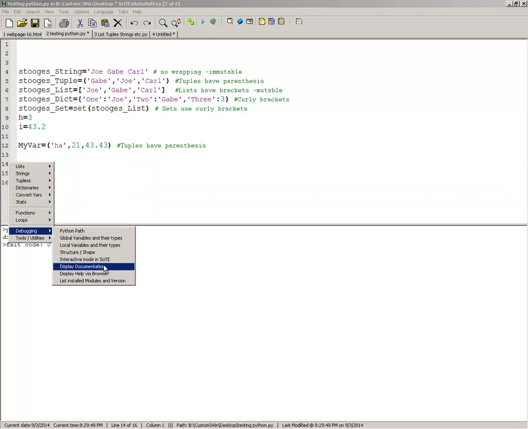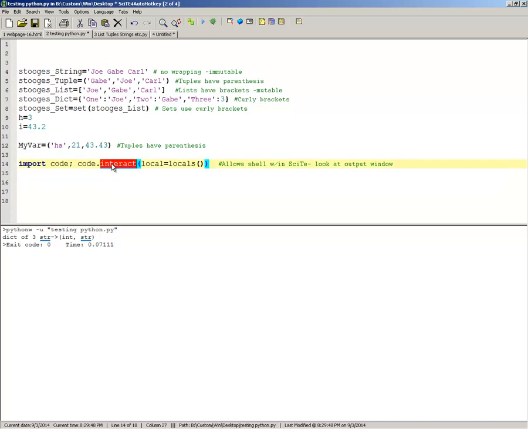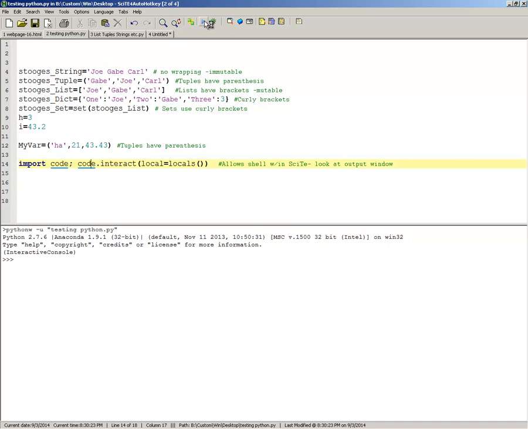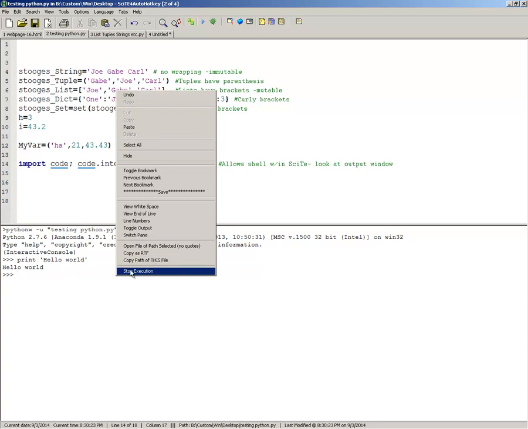Debugging. Here's my interactive mode. This is a little bit more of when I want to test something, and I think it works in basically any editor. I can run it here, and notice now suddenly you see this command prompt down here, and I can come down here and say print hello world, and it works interactively in here as the command shell, so I don't have to go up to my command shell. If I have something very simple I want to try and see what it's returning, I can just do it here, and then I've set it up where I can just hit this and it'll stop